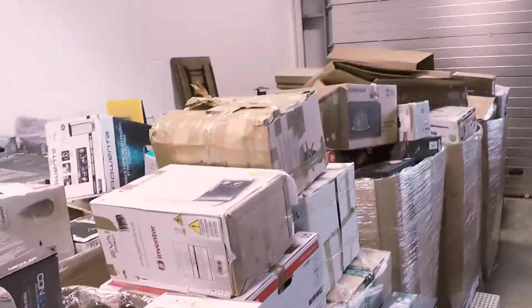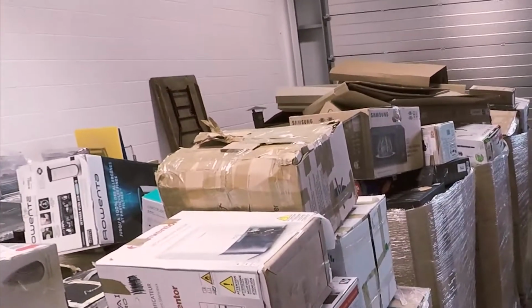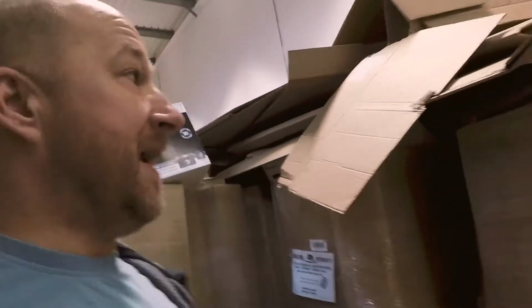We've got all of this to start sorting out. Now it's a bit of an experiment because obviously it's a lot. It's about 9 times more stuff than I had the other day to go through. So I've got Ben, my brother-in-law, helping me, and based on what I've learnt the other day, we're going to do